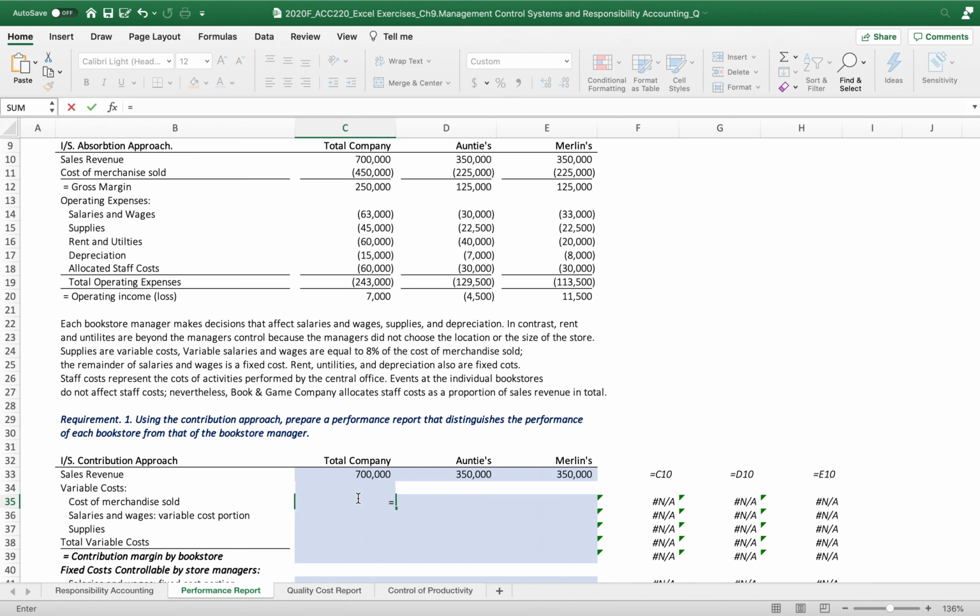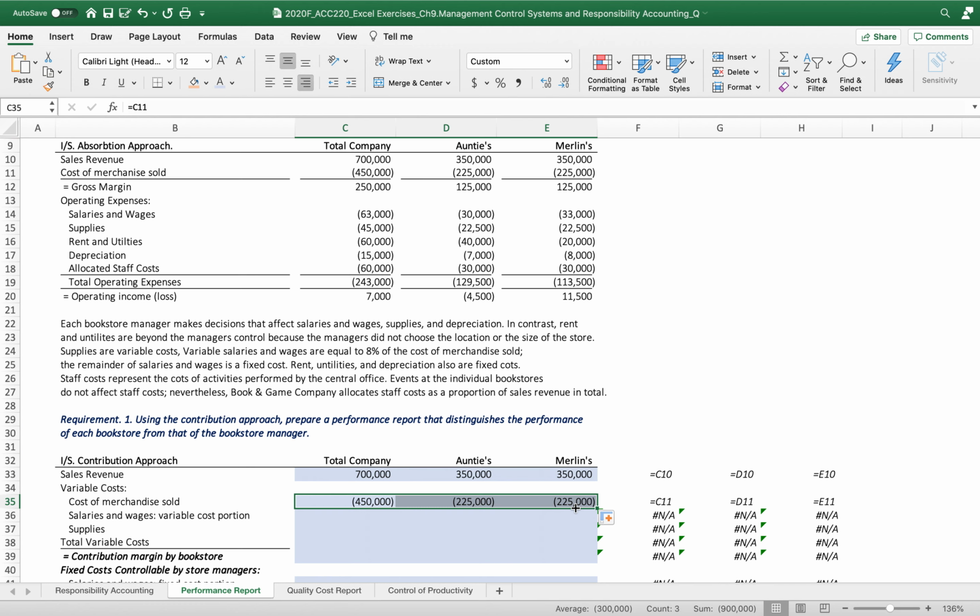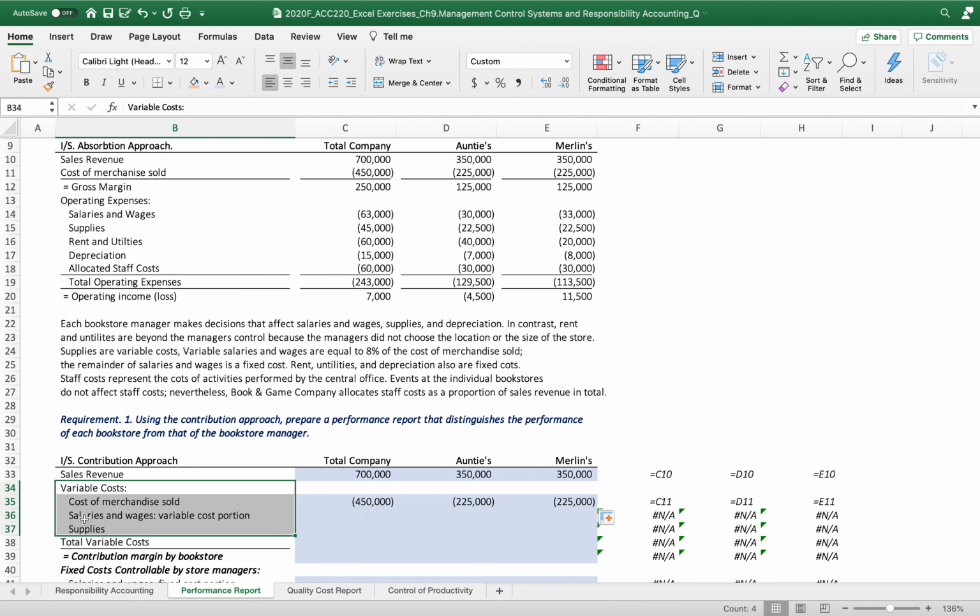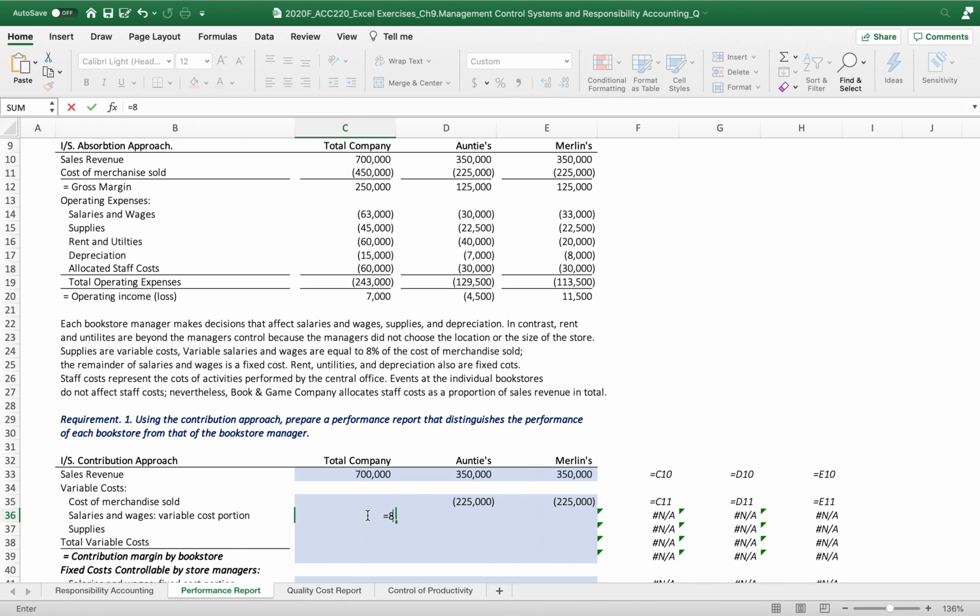Then cost of goods sold, where is it? Okay, cost of goods sold is 450. So we got it. Let's drag it to the right. And then the variable cost. Okay, we are calculating variable cost. The salaries and wages variable cost portion is 8% of the cost of merchandise sold. So we apply 8% times